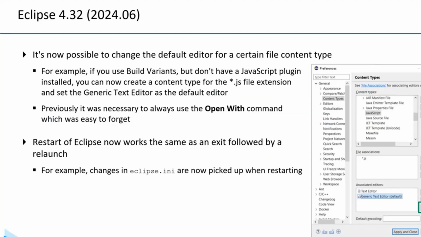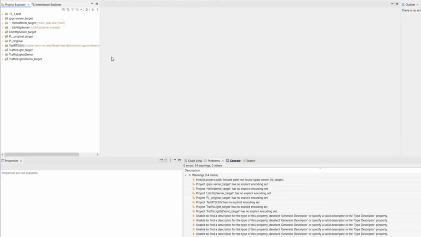In my opinion, one of the nicest new improvements is that they have improved the management of content types. So now you can very flexibly configure how Eclipse should behave when you double-click on certain text files with different file extensions, which editor it should open by default. And one such scenario where this is useful is if you are working with build variants,